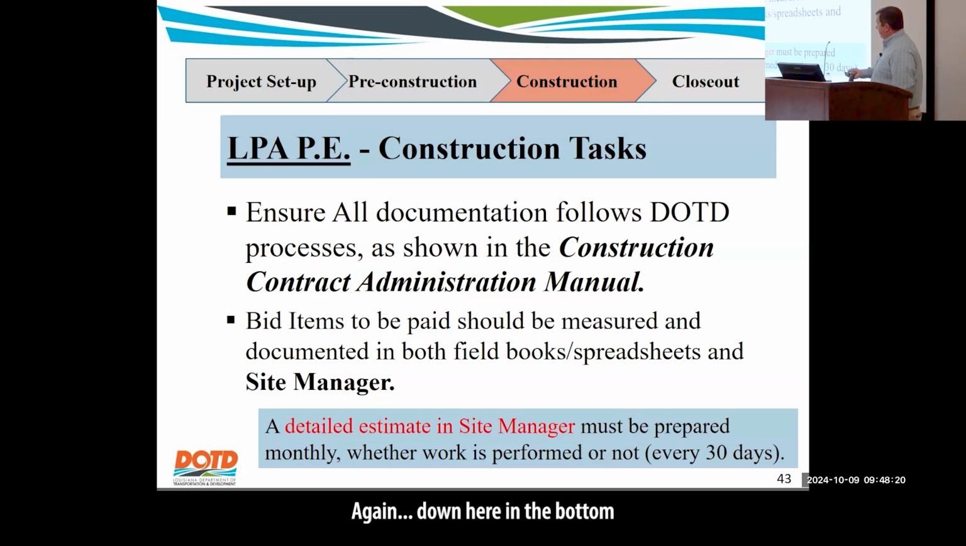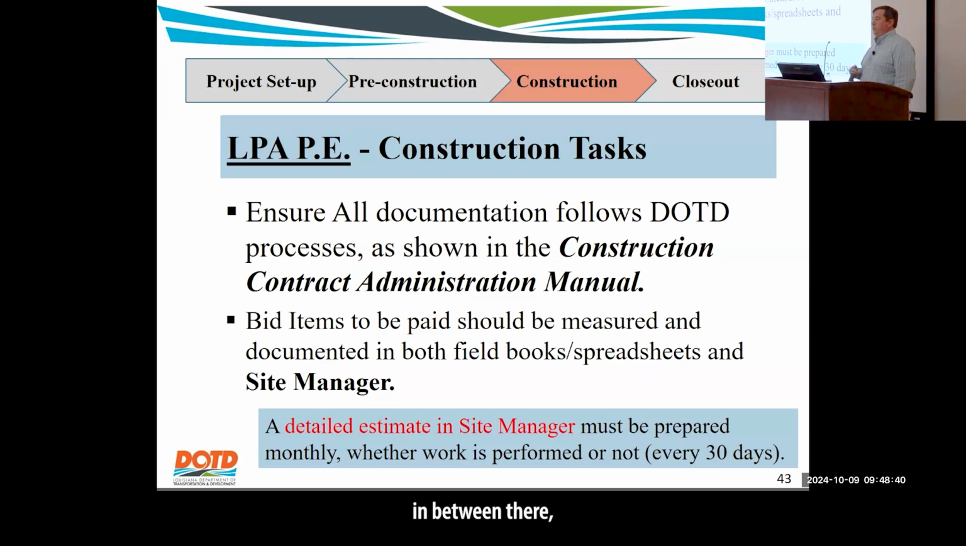Again, down here at the bottom, kind of highlighted, a detailed estimate must be prepared monthly. So every 30 days, again, we're making sure we are paying every 30 days. We also put in here whether work is performed or not. That's because